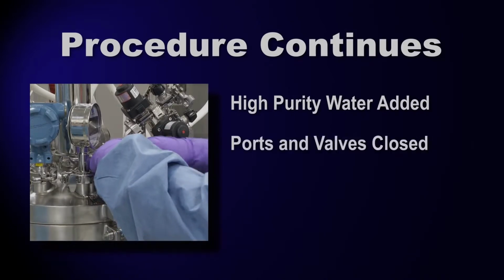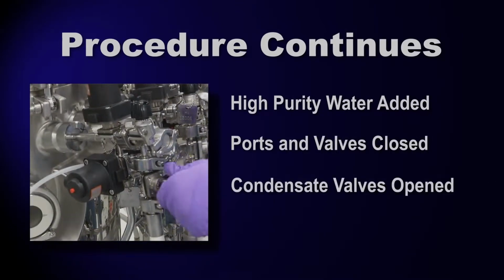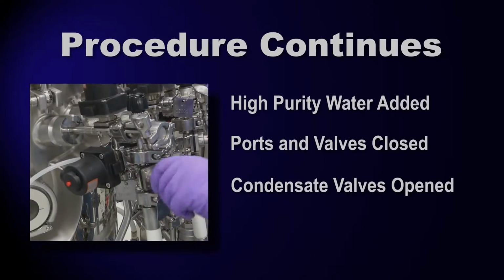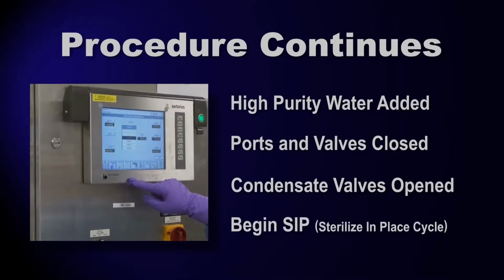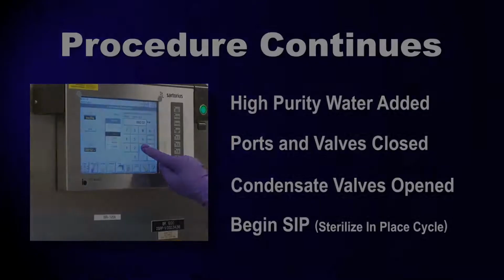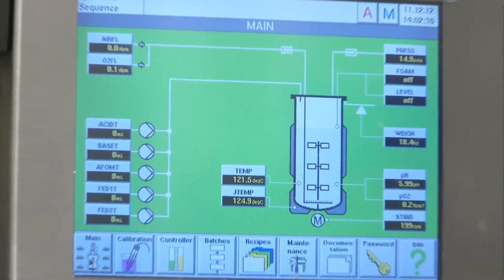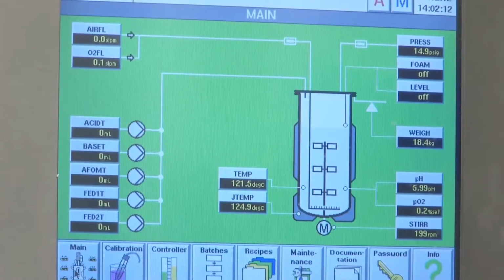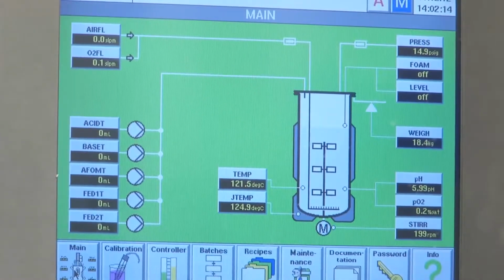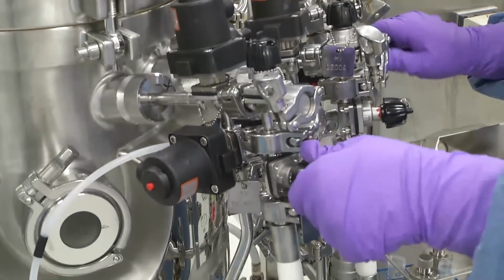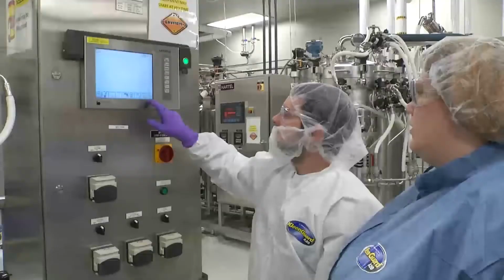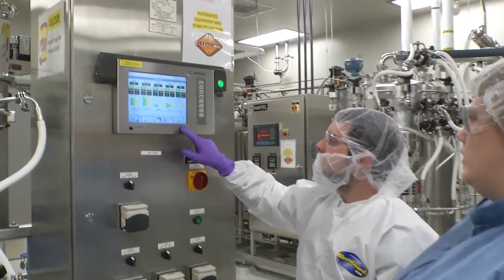All ports and valves are closed. All condensate valves are opened. And the bioreactor begins an SIP, sterilize in place cycle. The target for sterilization is 121 degrees Celsius for 30 minutes. As soon as the temperature climbs to the targeted temperature, the condensate valves are closed,